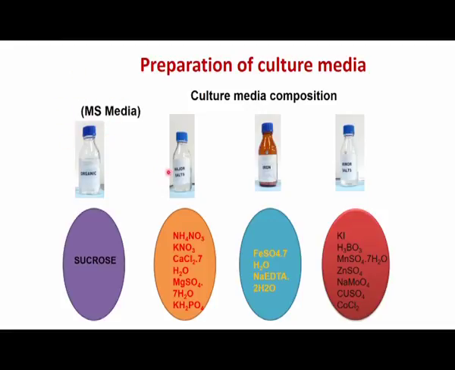plant tissue culture media. Apart from the MS media, you also need the major salts, the iron, and the minor salts. The composition of major salts is ammonium nitrate, potassium nitrate, calcium, magnesium, and other kinds of things. You also need the iron to support the growth of chlorophyll as well as the other green pigments present in the plant. And then you also need the minor salts. These minor salts could be iodide, bromide, manganese, zinc and molybdenum, copper and cobalt, all of which are required for running the metabolism of the plant.